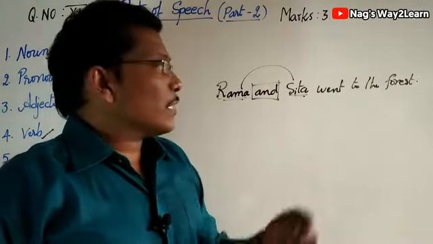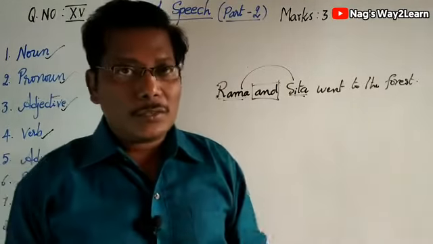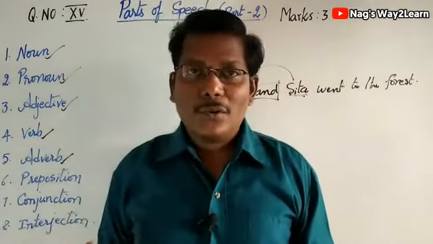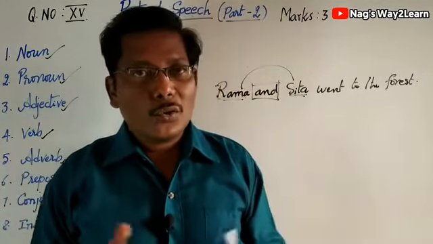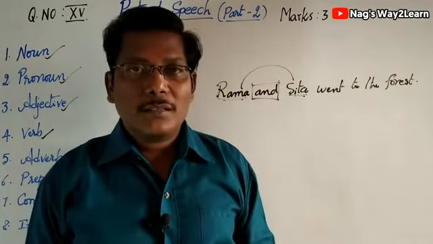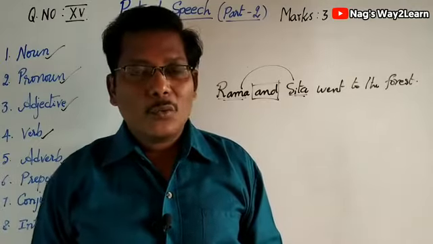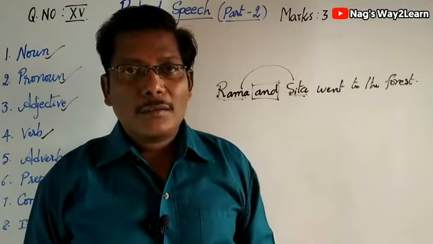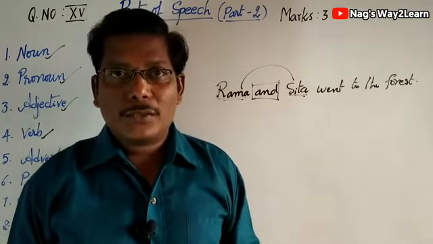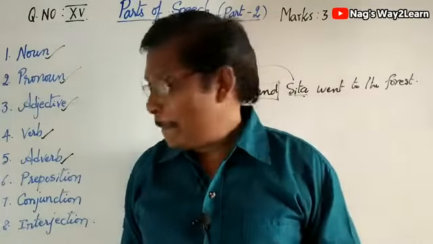And sometimes this conjunction can connect phrases and sentences also. So whatever it may be, conjunction is a word which connects two words, two sentences or two phrases or two clauses. Okay, and, but, or, either or, neither nor, not only but also. These are all conjunctions. Okay, and the next one is interjection. Interjection